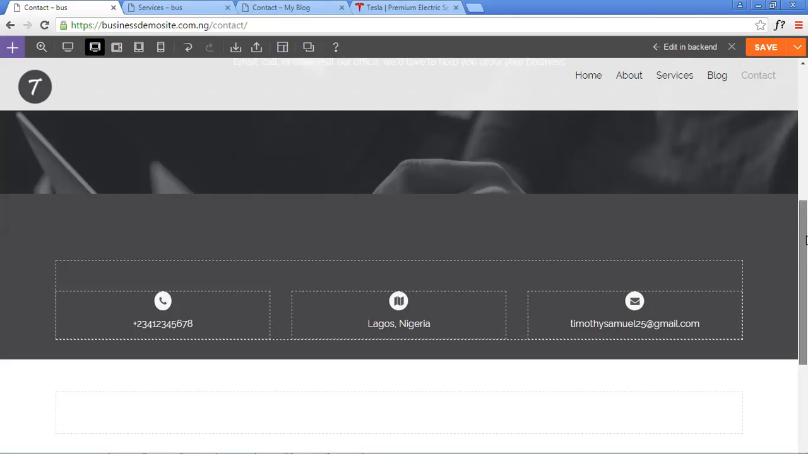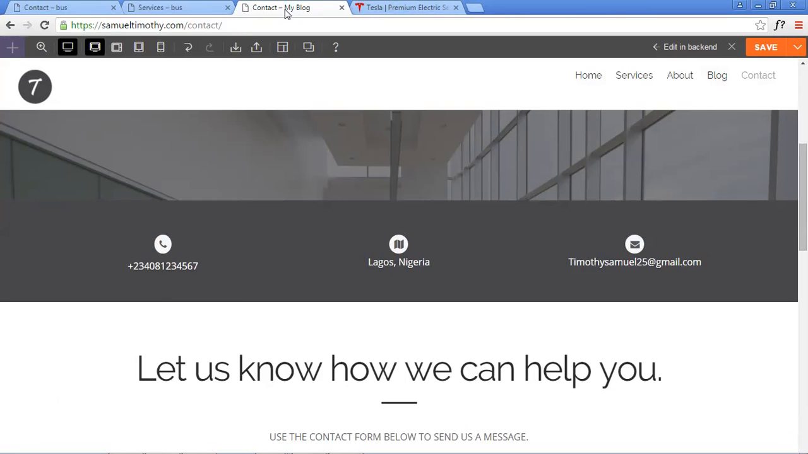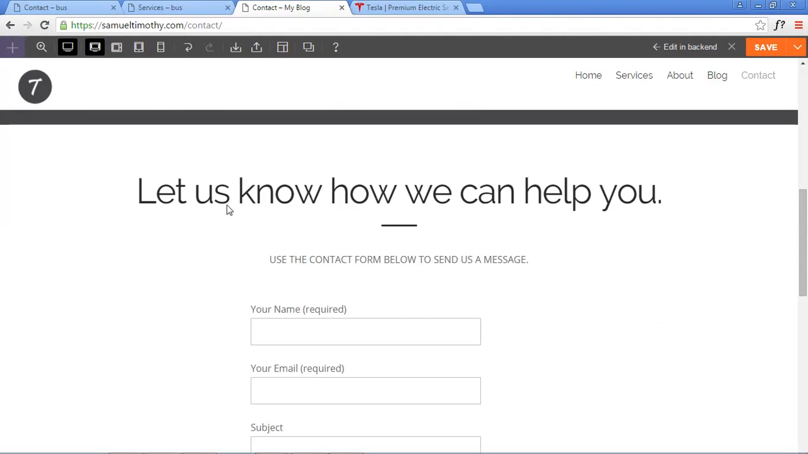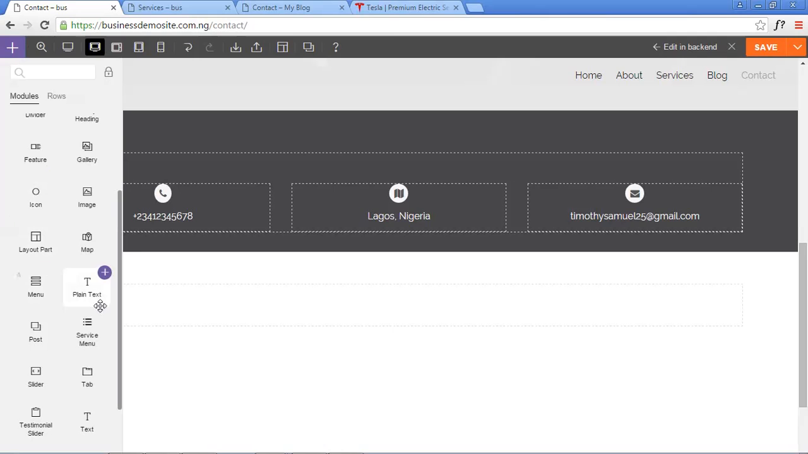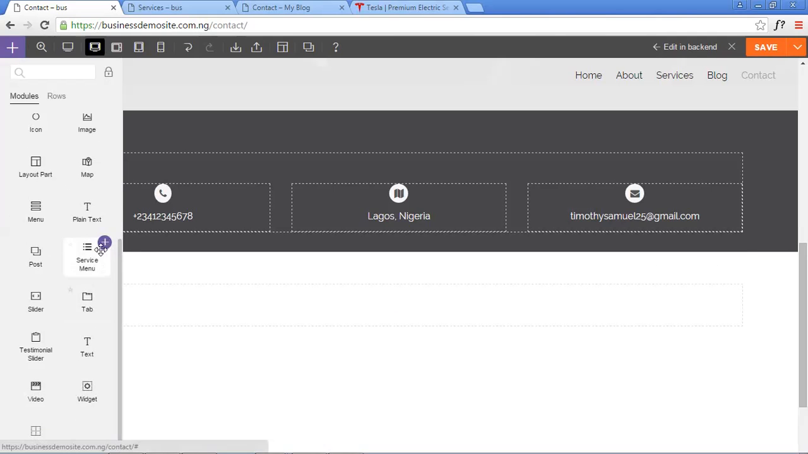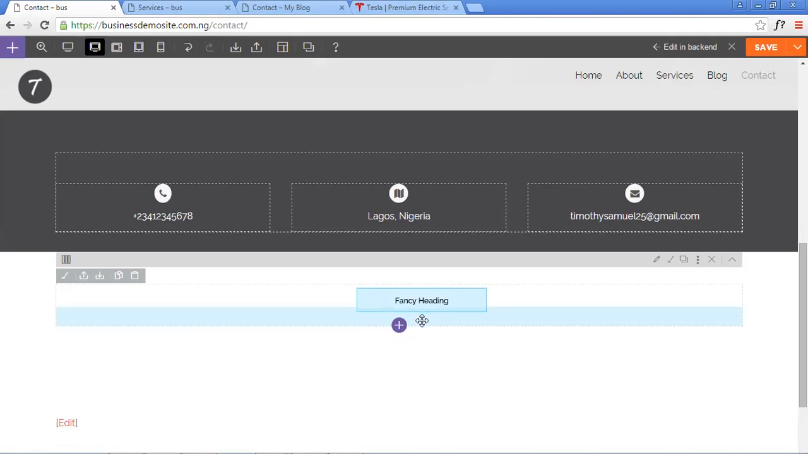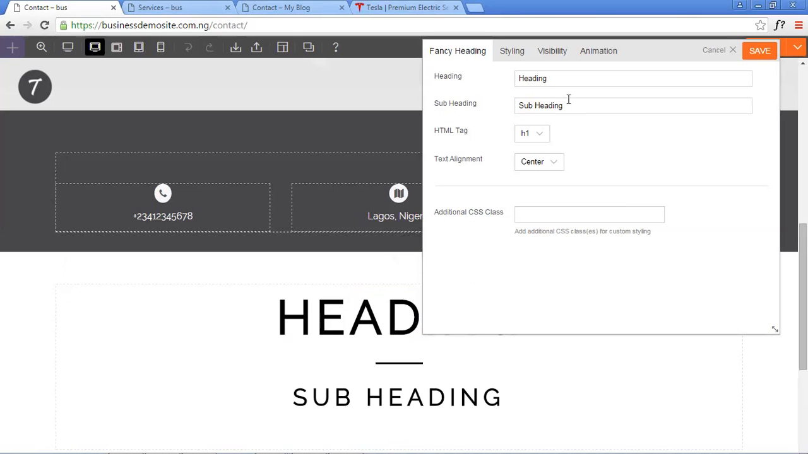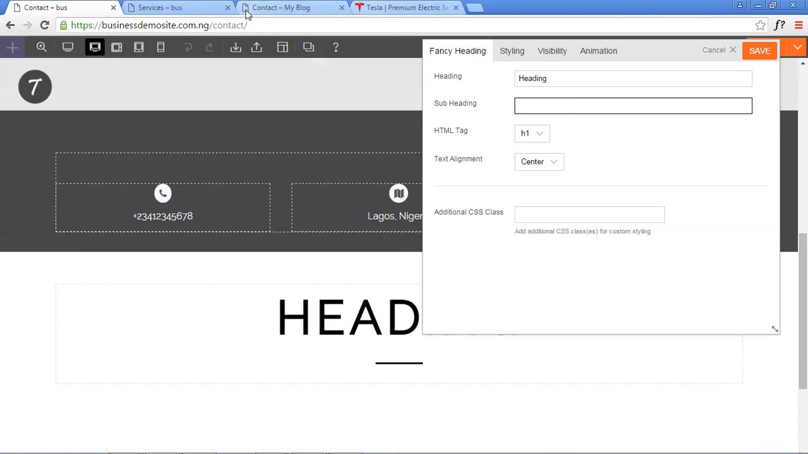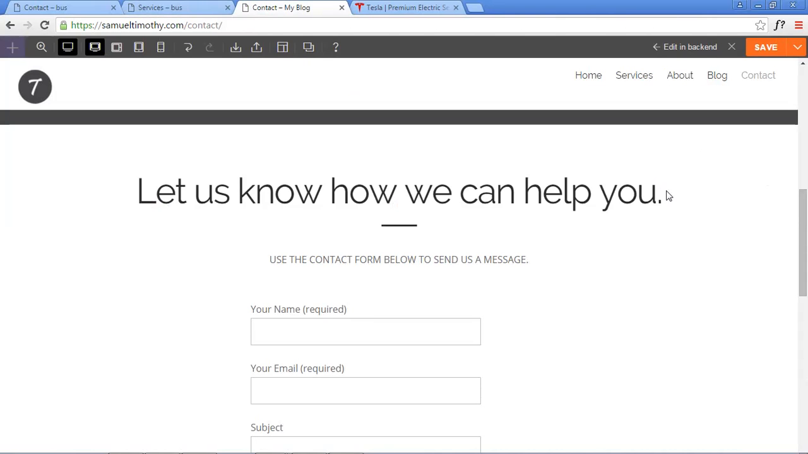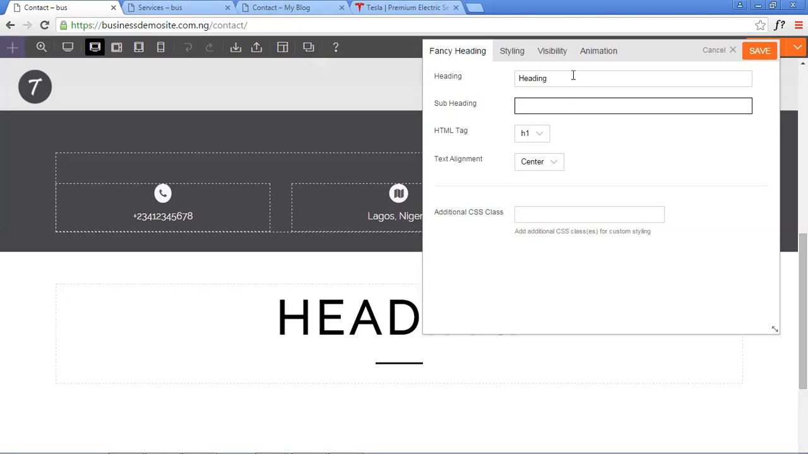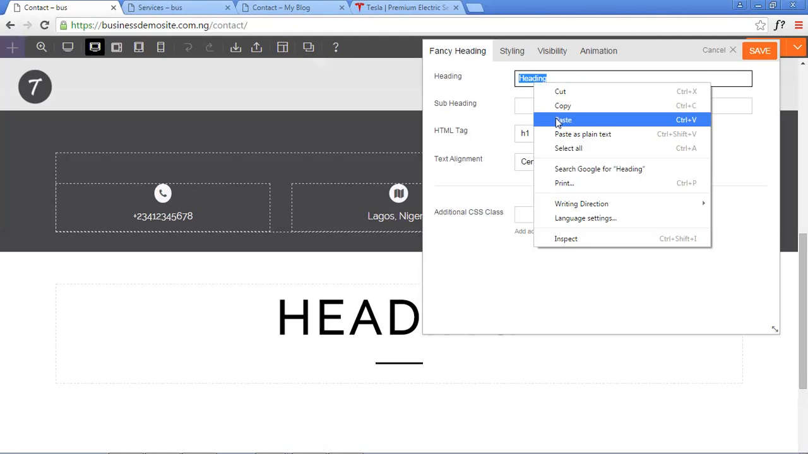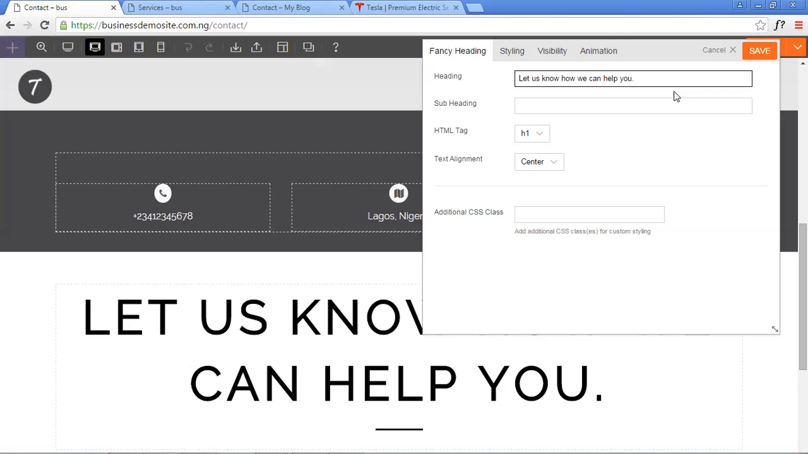Then what we'll be doing is, okay, we'll be putting a fancy heading again. So go to our row options, styling, look for fancy heading, then delete the subheading, copy and paste. I'll copy my content here, paste it there, then H2,